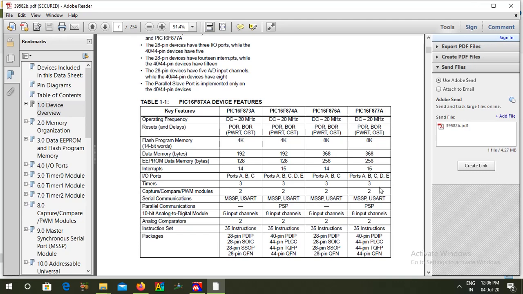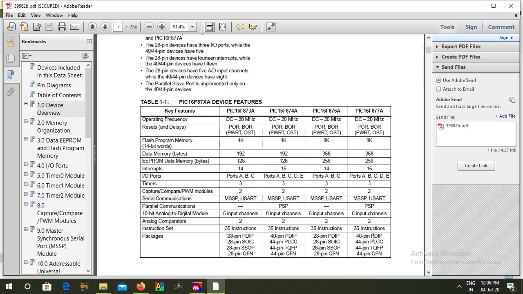Then we have 3 timers, 2 CCP (capture compare) modules, and a USART serial communication module. Then we have an 8-input channel analog to digital converter. Our aim today is to study how to program this 10-bit analog to digital converter module.